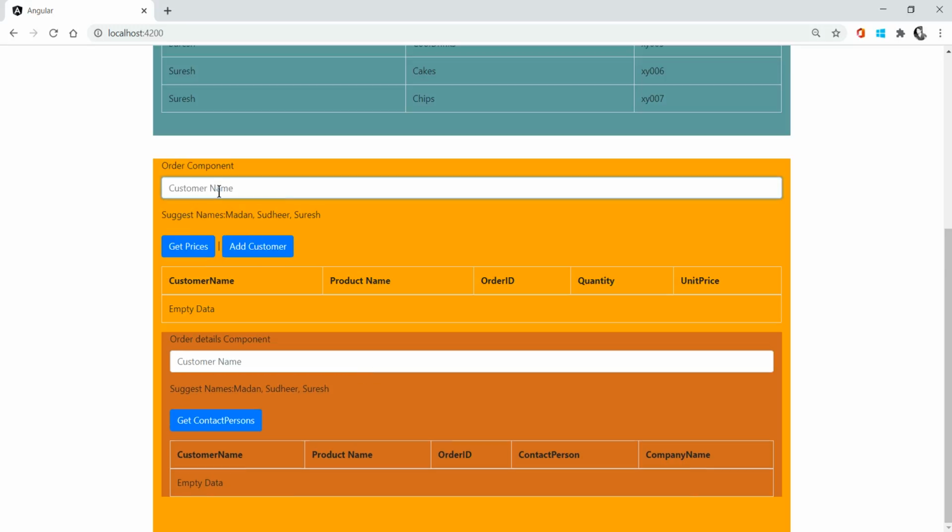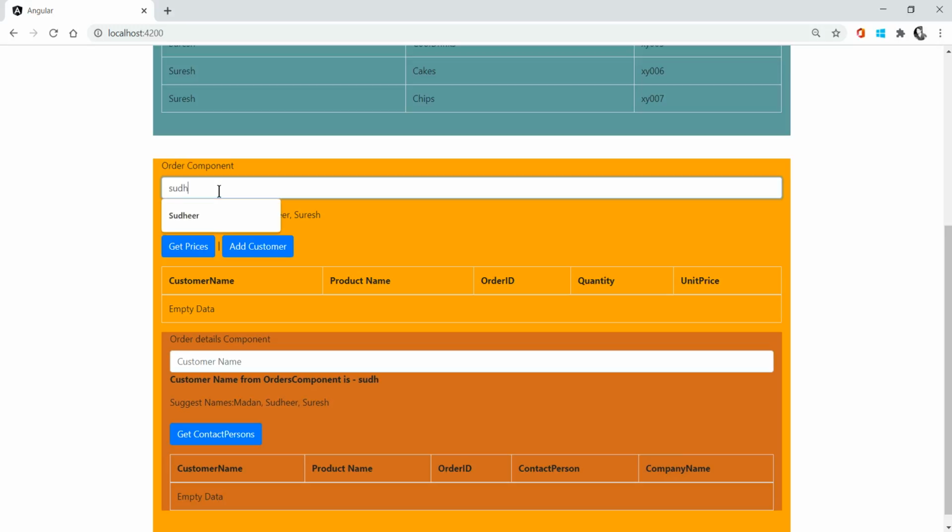When I type Sudhir, it automatically updates, because I am watching the input value from the text box in the order details component, because of the Input decorator, which is useful for communicating between two components.